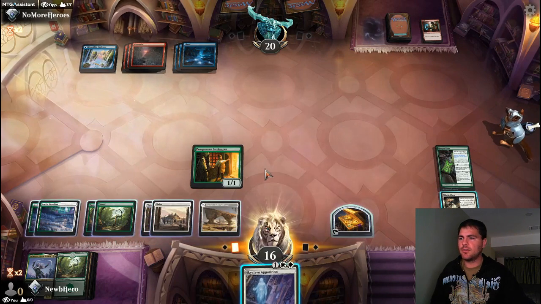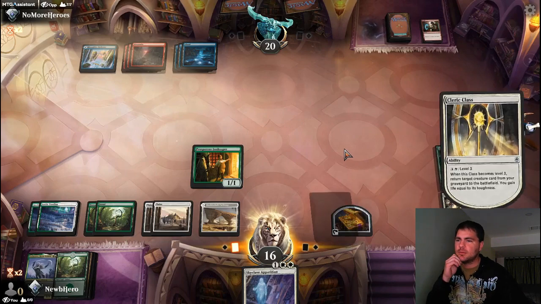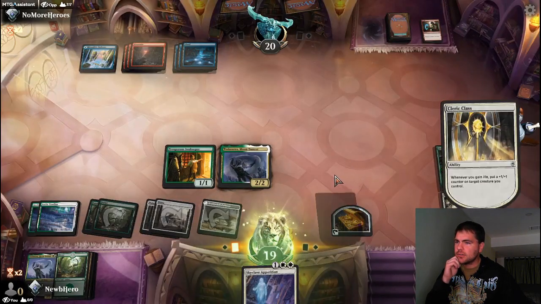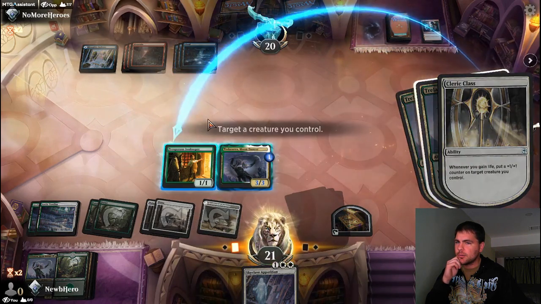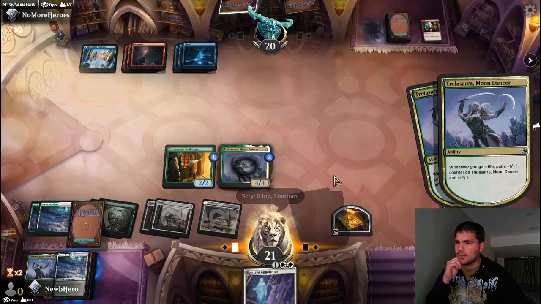Let's attack in with our Innkeeper first. No, we do have our Cleric Class up a bit, and it's an ability, so they shouldn't be able to counter it. So let's bring our Trelasarra back. Gain life a couple different times. Get her pretty big pretty quick. Let's put one on the Innkeeper as well. Get rid of that land because we actually don't want...